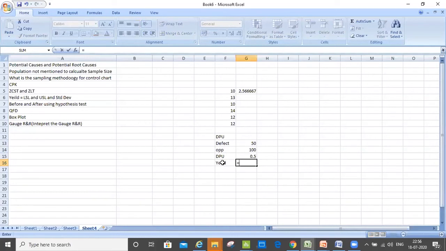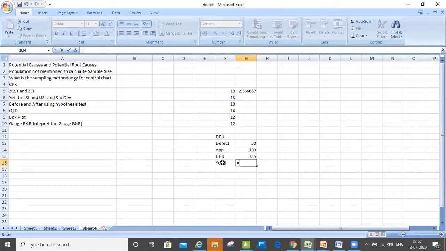So we were calculating defects per opportunity or defects per unit. Now we have to calculate what was the yield, what was the passing percentage. So that's the yield percentage. The opposite of DPU is the yield percentage. DPU calculates how many defects are in an opportunity. Yield calculates how many correct opportunities there are in the process. So that's what yield is.